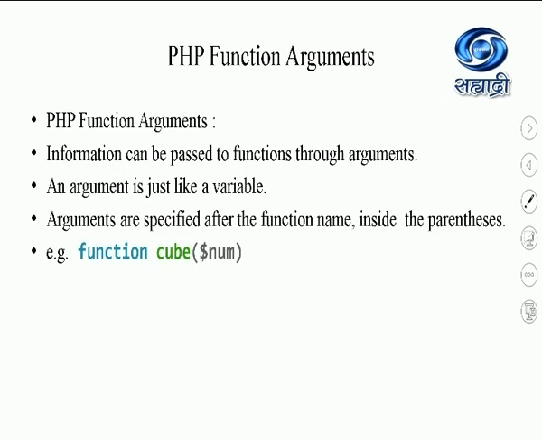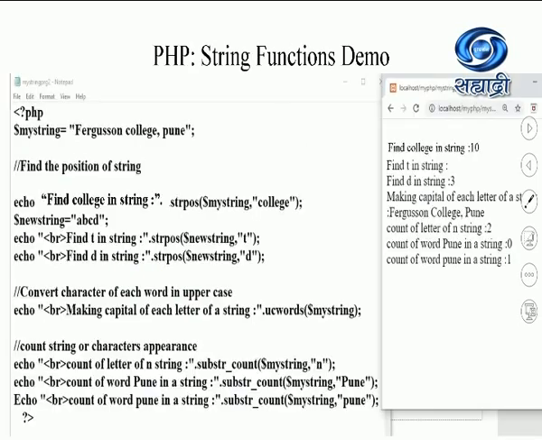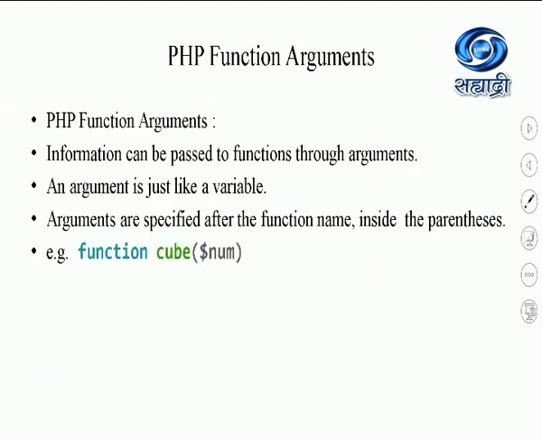Students, if you want to write a user-defined function, you have to make use of the keyword function. The function can be passed arguments. We have just seen in this slide that we passed arguments in various inbuilt string functions. Whatever we write in the brackets of the method, we call them parameters or arguments. Arguments or parameters are the values which are to be given to the function for execution.